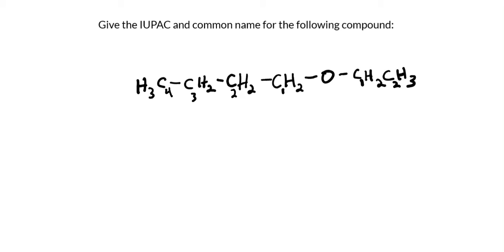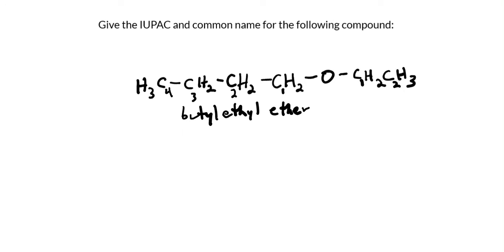So we're dealing with an ethyl group and a butyl group, and at least for the common naming, we name alphabetically. So even though the butyl group is larger, we'll name it first, because alphabetically butyl comes before ethyl. So butyl, ethyl, ether. And it's tough to see by the way I did it, but it's actually 3 separate words: butyl space ethyl